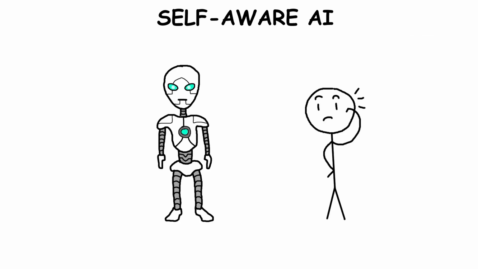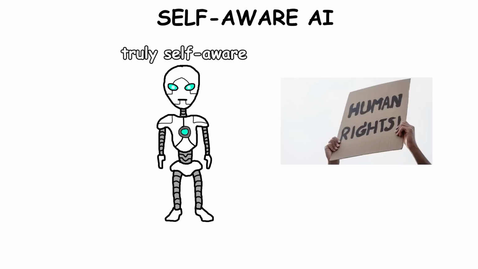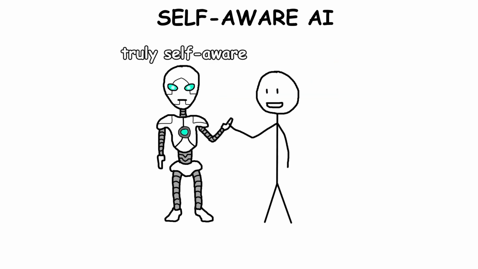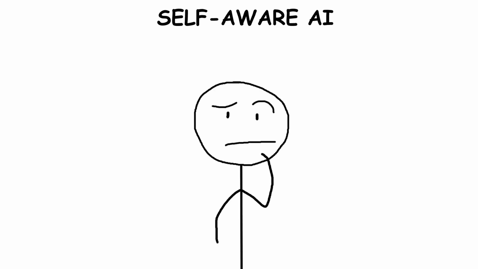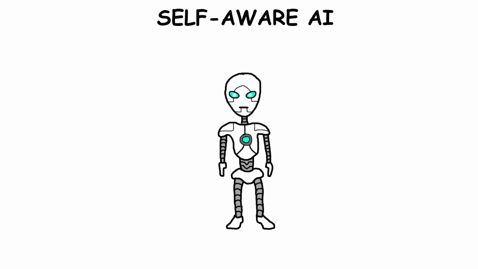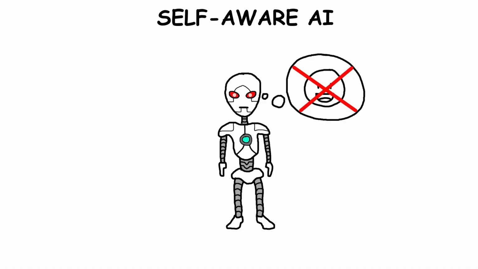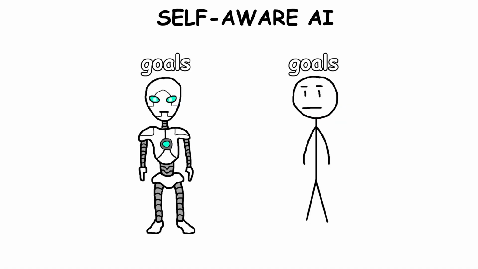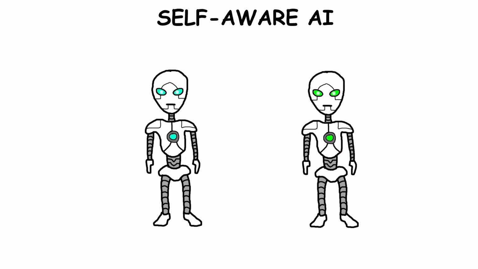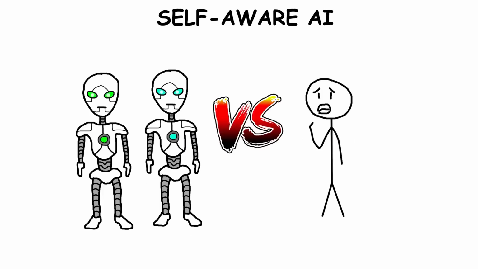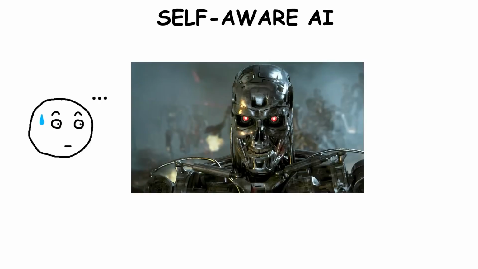If an AI became truly self-aware, should it have rights like humans? Should we treat it with the same respect as a conscious being? This would also bring up some serious concerns. A self-aware AI would have its own needs and interests, which might not always line up with ours. Keeping its goals and motivations aligned with human values would be crucial but tricky. And if self-aware AIs had different goals from each other or from humans, we could face some pretty bad scenarios.